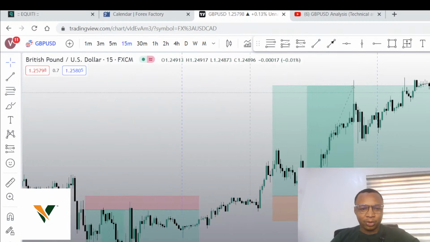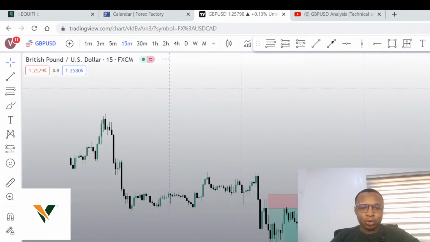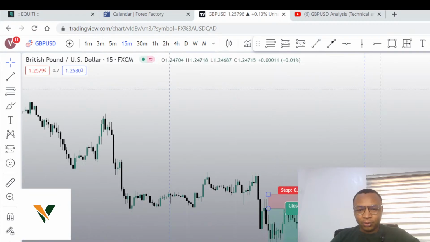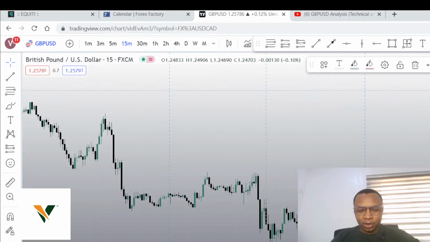For those who are in our paid group and those who are in our pro group, we were able to share our analysis with you. And even for those of you who are in the free Telegram group, we told you about it, how we're expecting to short the GBP USD on the New York session on Tuesday.